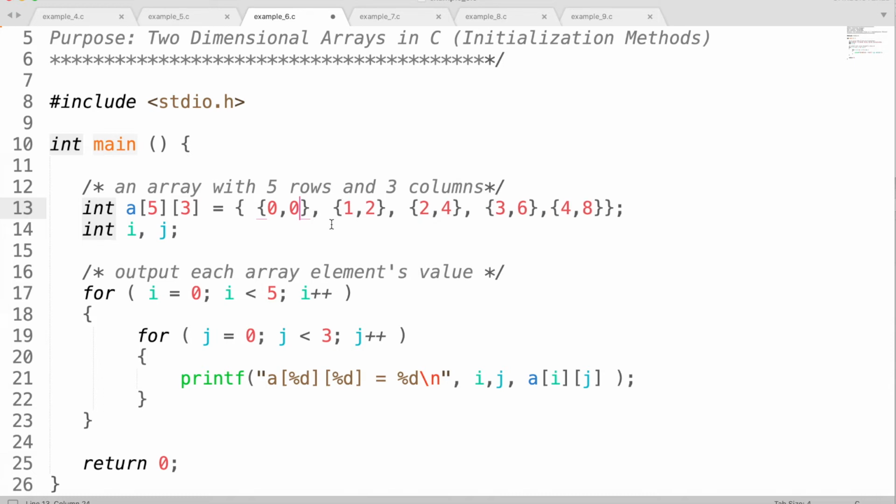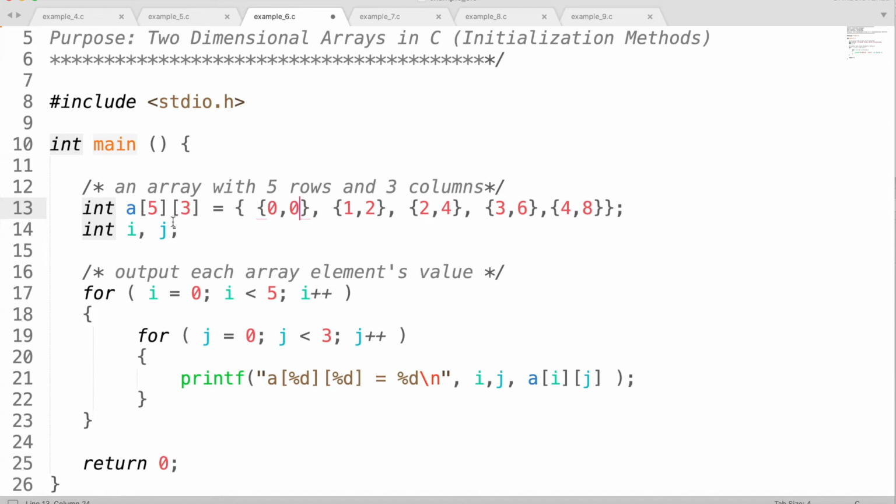But in array initialization in C, in the declaration statement, we don't have to provide all the elements at the initialization. So if you just provide part of the elements for your float or integer array, C will fill the rest of the elements automatically with 0, right?